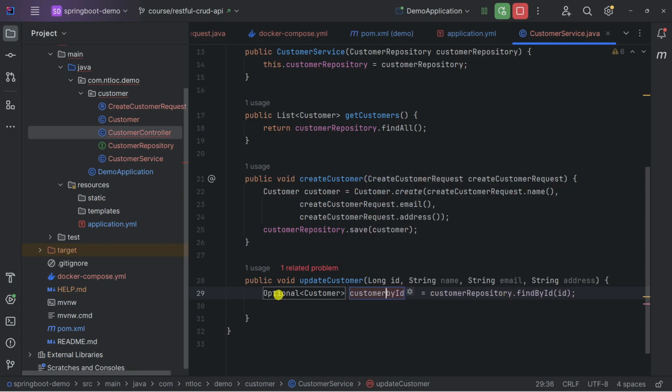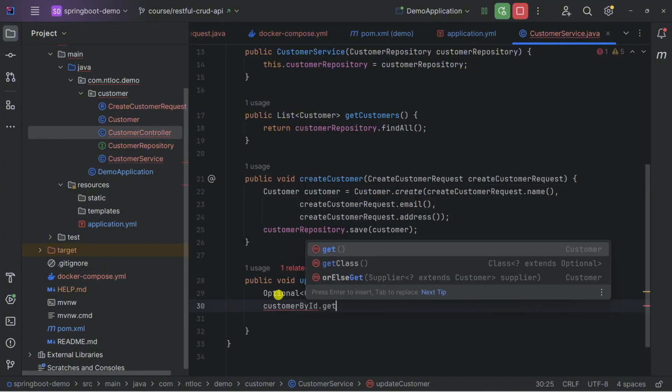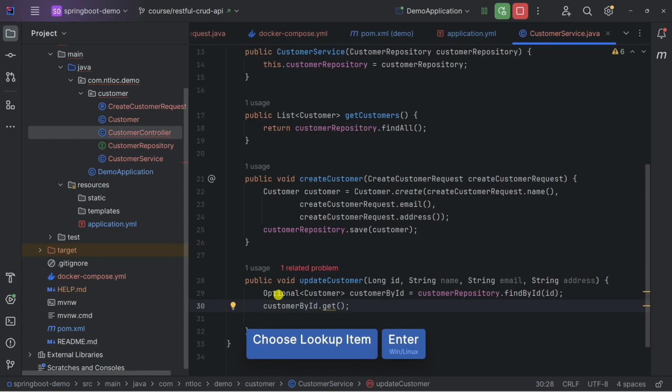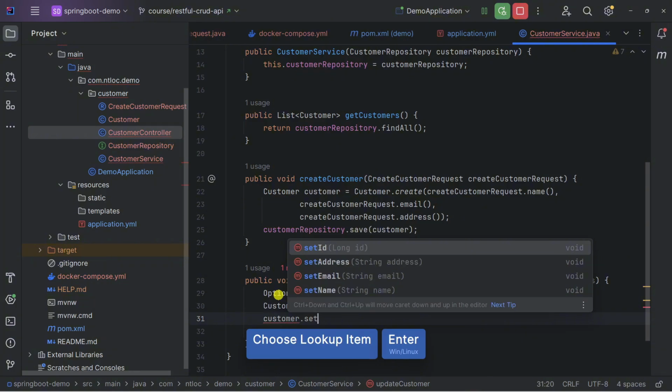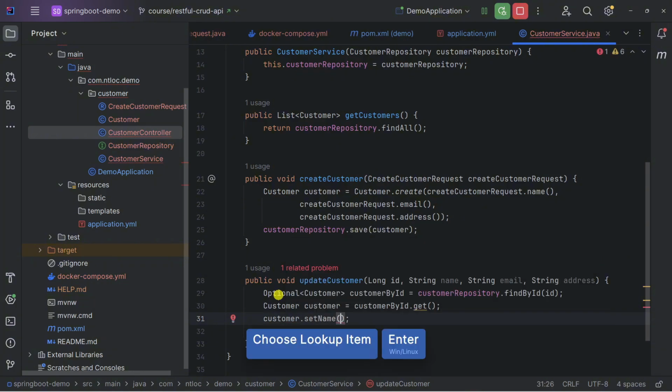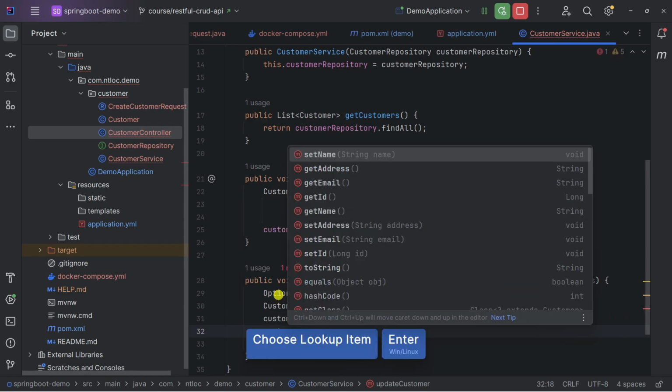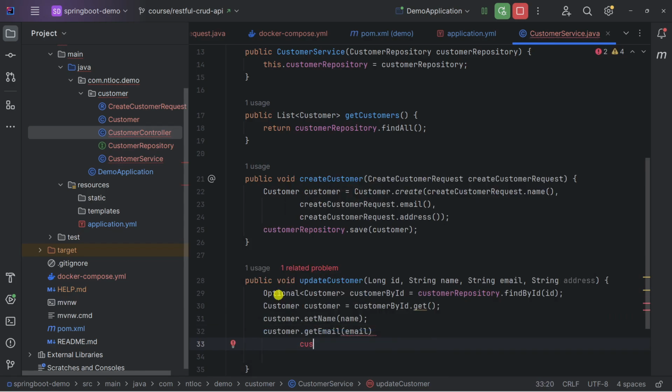Let's name it customer by ID. We just simply get customer. We would have customer set name, and pass the name here, and also the email, and then the address.